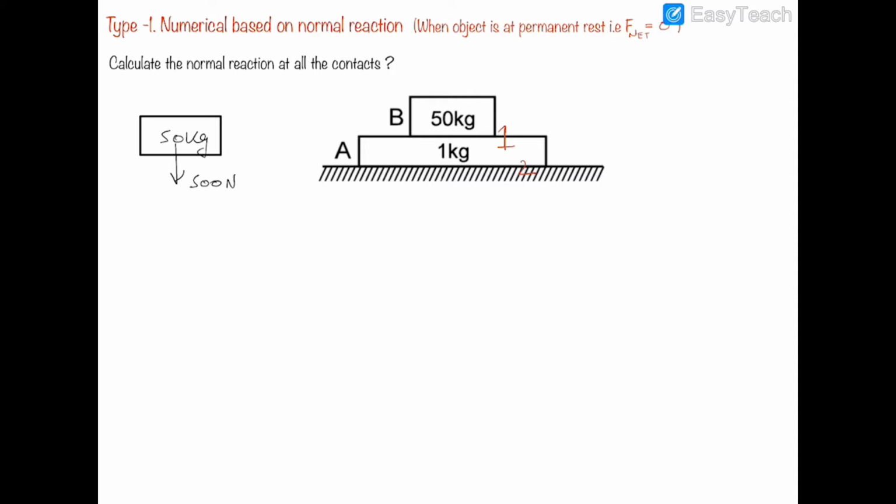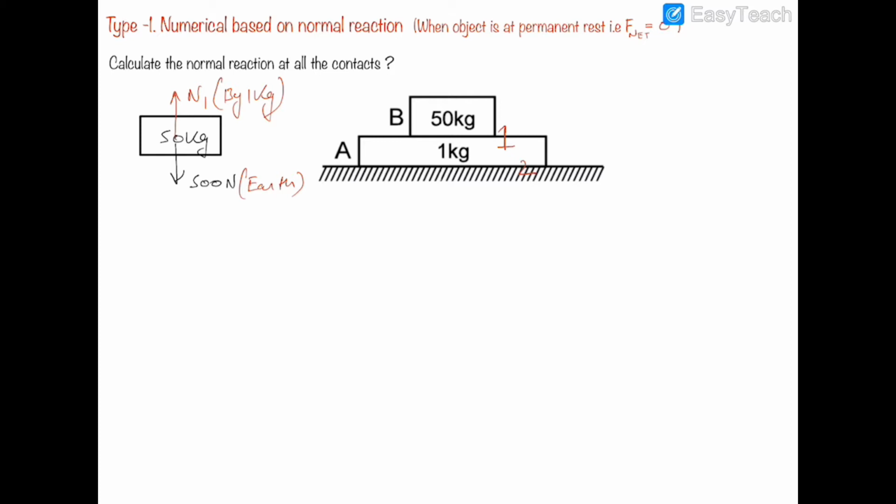Now this 50 kg block is in a state of rest, therefore a normal reaction N1 will be acting on the 50 kg block in the upward direction, and this normal reaction is applied on the 50 kg block by the 1 kg block. So let me write by 1 kg block. And this is by earth. Look, we will not again and again write these names. We will only discuss, because it will make the problem unnecessarily lengthy. So I am writing this last time.